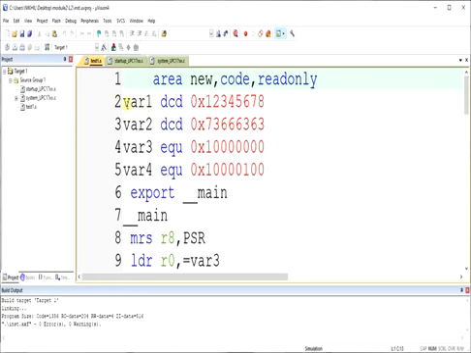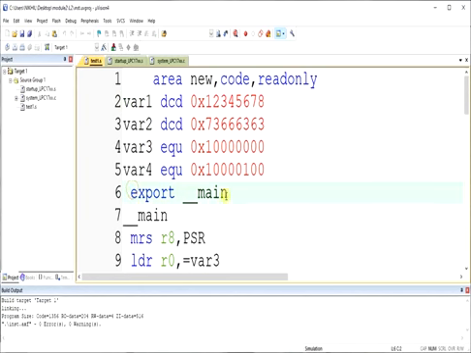If you don't give the space, say for example here we have var1 and var2, 3 and 4, the tool will take them as labels. Here I have taken 4 labels, 2 are defined constant data, variable 1 and 2, and 2 have the equated data.